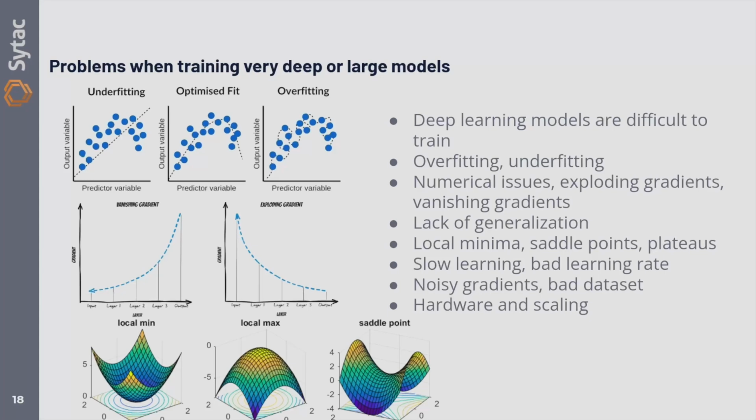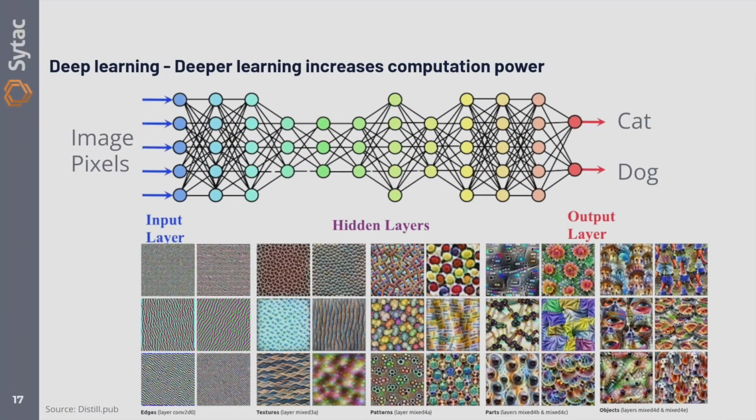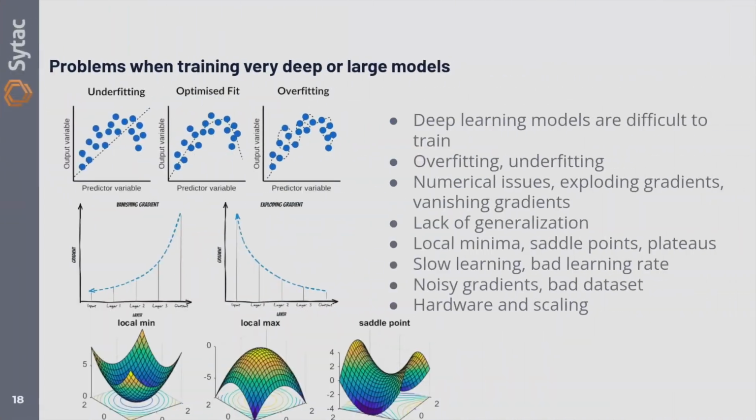So you also want to generalize more beyond your training data. I already said that. Your learning landscape can be very complex. Like we already saw, I don't want to go back that much, but we already saw the whole 100 billion parameter space can be super complex. It can take a long time to train these things. You can have a noisy, bad data set. You can have bad gradients.